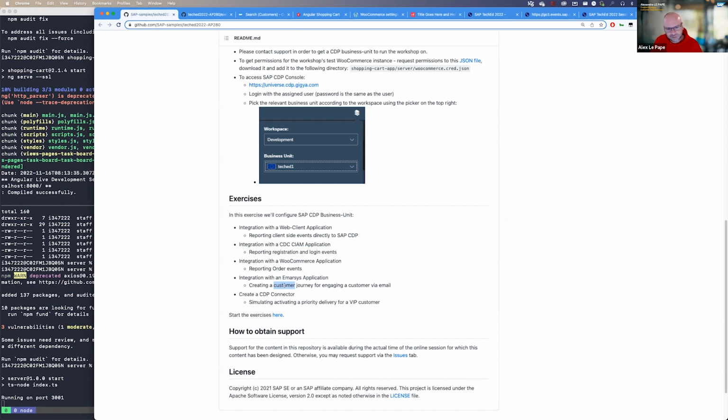So really building that customer 360 step by step, as consumers progress on the sales funnel. They will engage more, and we will progressively grow that profile within Customer Data Platform. The last exercise, I don't think we'll have time to do it, but there's a lot of simulation of a delivery. Take it as an optional exercise for those of you who want to go one step further afterwards. But all the information is actually